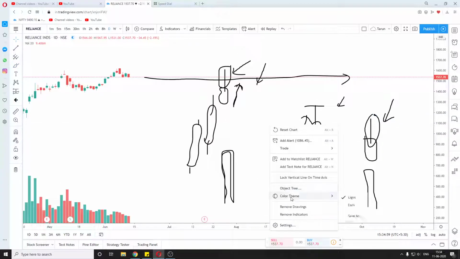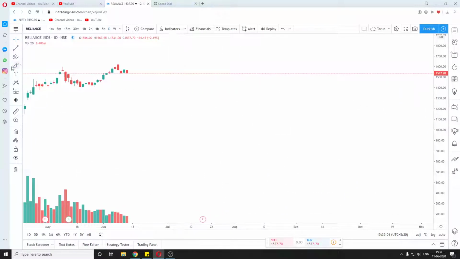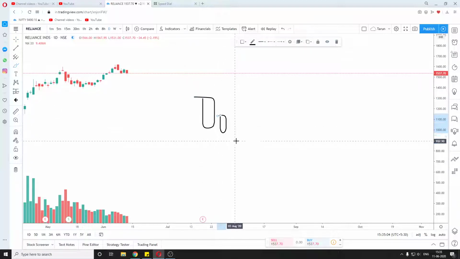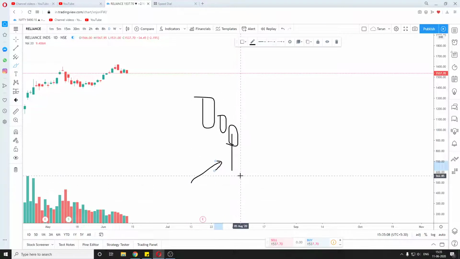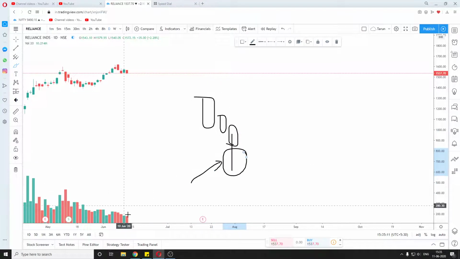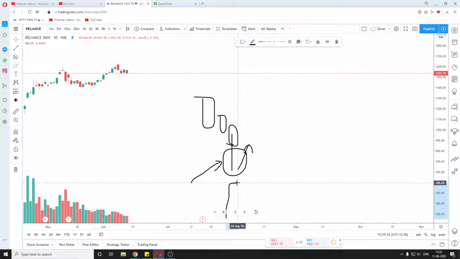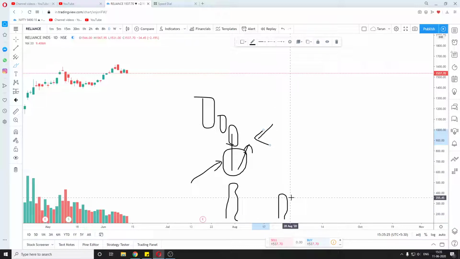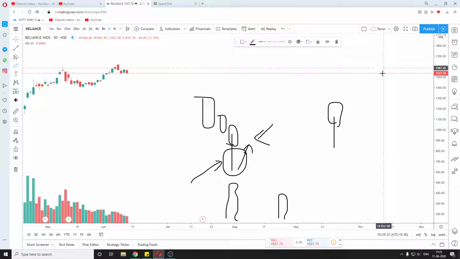The inverse of this will be the hammer, where the price is dropping and we get a hammer candle, which represents that the buyers are strong. The buyers are very strong at the lower levels and they push the price back up again, and this will usually be found with big volume. But if it is not there with big volume, that means this is not as good an indicator as we wanted it to be. So I think this point is also clear, the hammer candle and the inverted hammer candle.